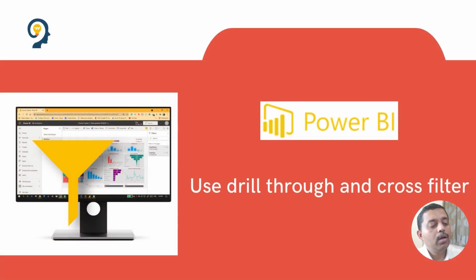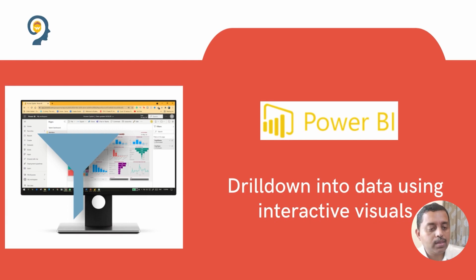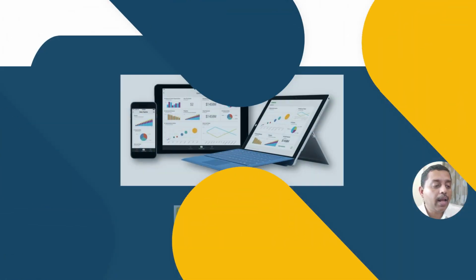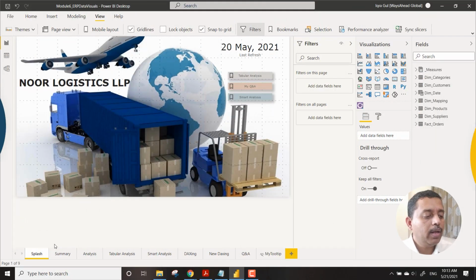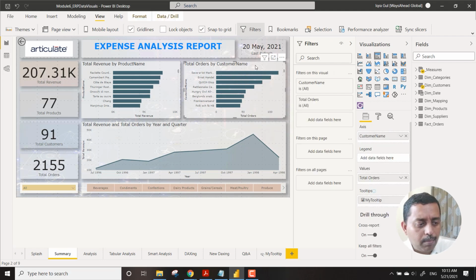We go back to our module. We have seen the demo, we have seen the drill through as well, the interactive visuals, how it works. We are now going to see how we actually export the underlying data out of this particular section, and then finally we will talk about the mobile layouts. So let's take an example that we have this data with all the orders and the customer's name. By the way, you can do some kind of movement over here as well.